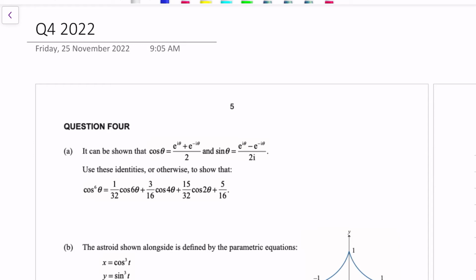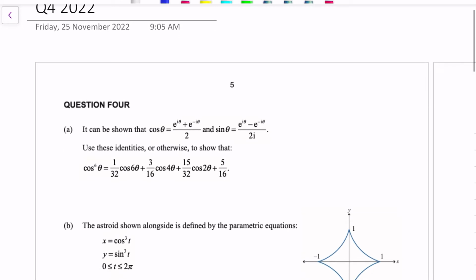Kia ora and welcome to this video on question 4 of the 2022 School Calc exam. There's 3 parts to this question. The first is a link between complex numbers and a nasty trig identity, which actually has appeared in a past